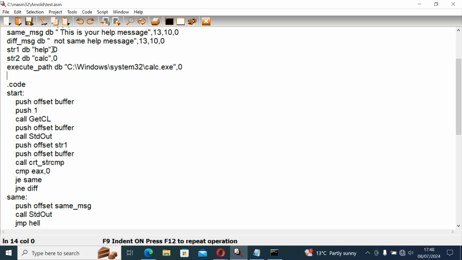So first we look for the help menu, and then we push the buffer to the stack, and then we call string compare. So we're comparing string 1, help, with our buffer, what we've typed in on the command line. We compare it to see if it's 0. Jump if equal to same, if it's the same. So if it is help, then we jump to here, same, where we put the same message and we print